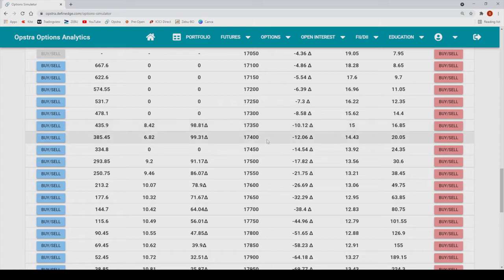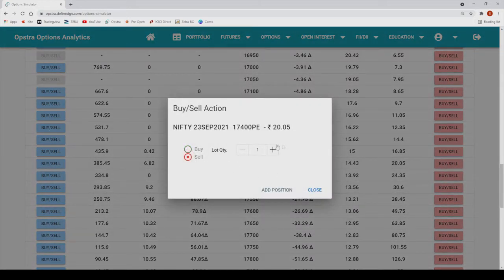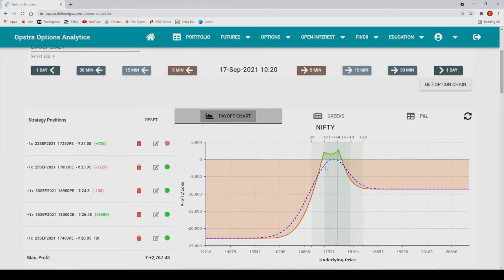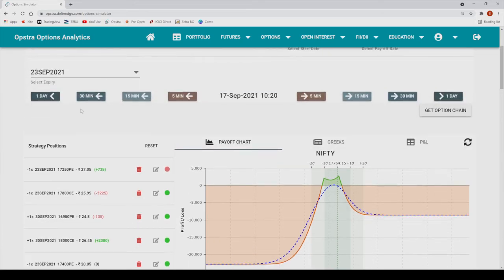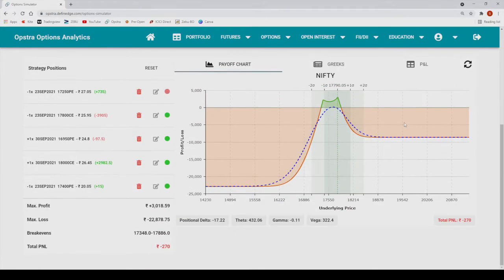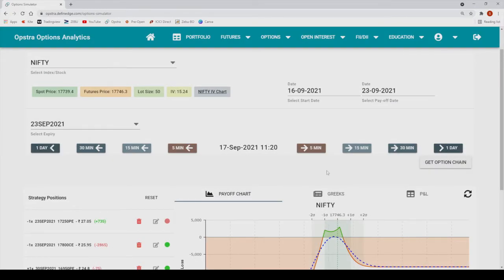Okay, so 17,400 is trading around 20 rupees. So I am going to sell this put option. Okay, what is the upper break even? 17,877. Okay, it has increased a little bit. So we will go forward. 17,787, 739,